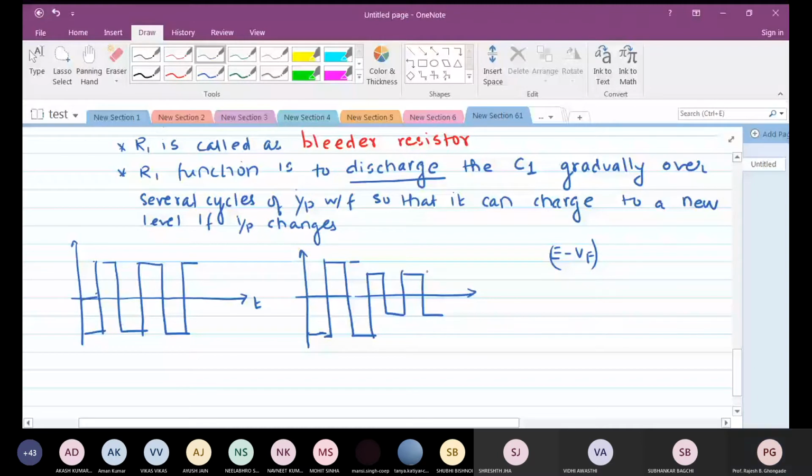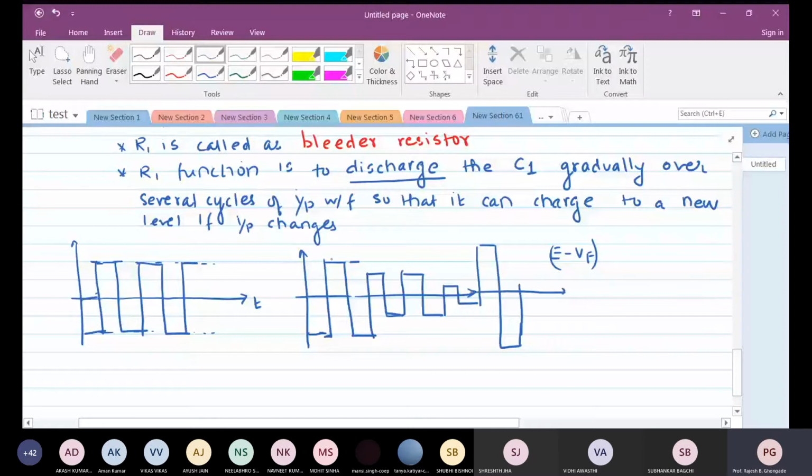Are you able to understand this, guys? No, sir. Please explain it once more. See, we are assuming that this circuit will work fine without the resistor. It will work fine if the voltage levels are like this, a continuous waveform which doesn't change in amplitude at all. But if the input waveform itself changes like this, you never know, it may again rise. For such applications, it depends on the applications, obviously.